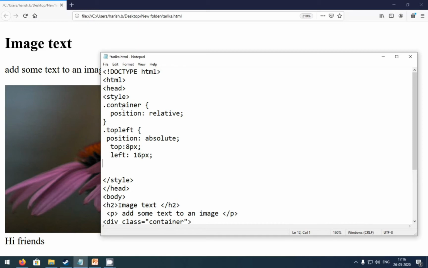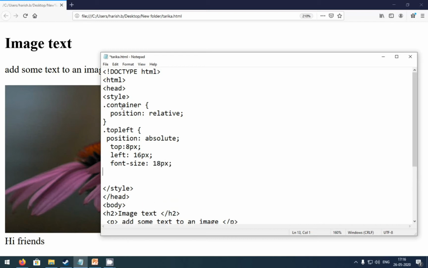After that I'm going to write the font size, 18 pixel. So the declaration is closed. After this I'm going to add the image.